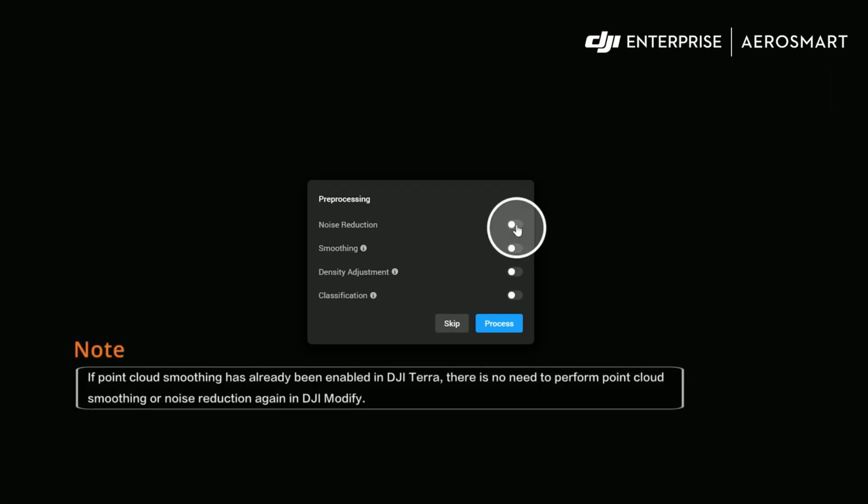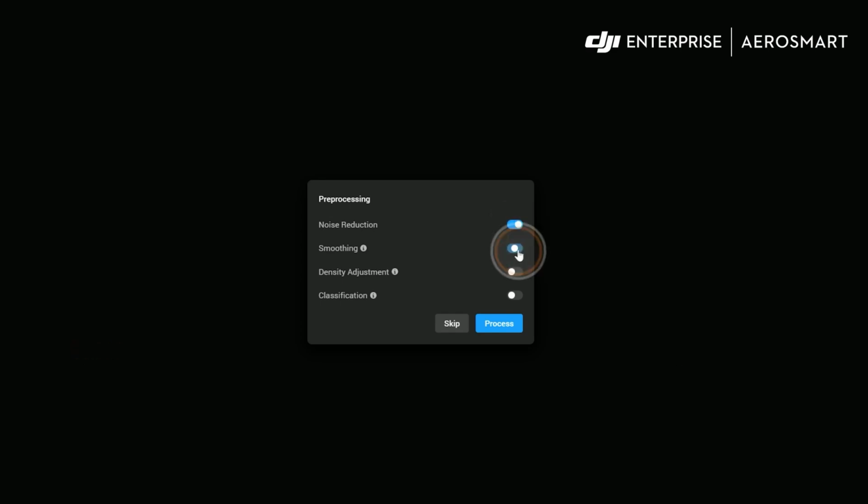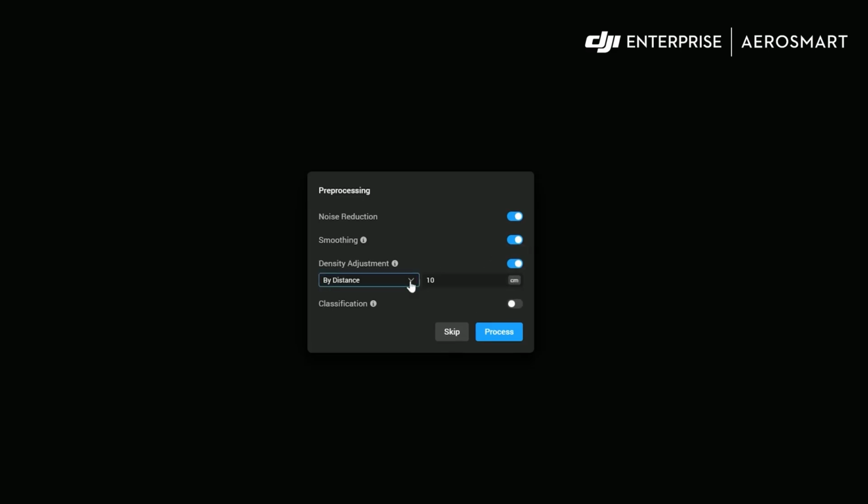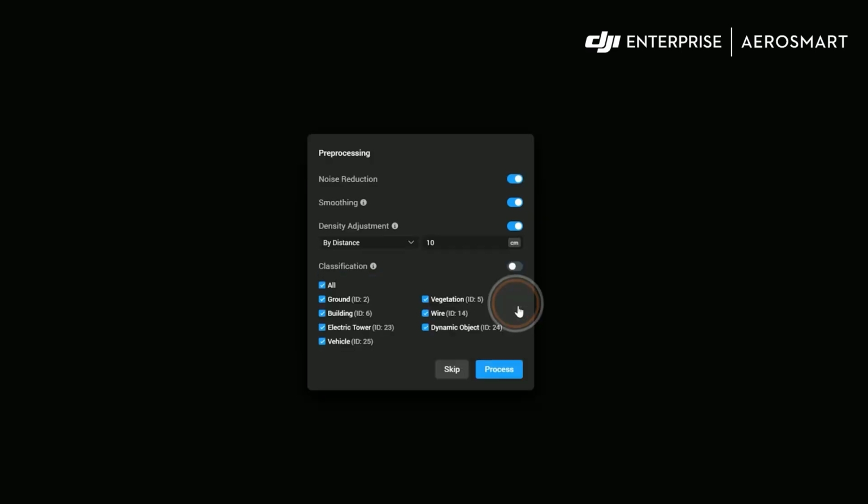When noise reduction is enabled, it can reduce discrete noise points in the point cloud to improve the quality. When smoothing is enabled, point cloud thickness will be reduced to remove discrete noise, making local structures clearer. When density adjustment is enabled, you can choose to downsample the point cloud by distance or percentage to reduce the point cloud density. When classification is enabled, the point cloud can be automatically classified into 7 categories: ground, vegetation, building,